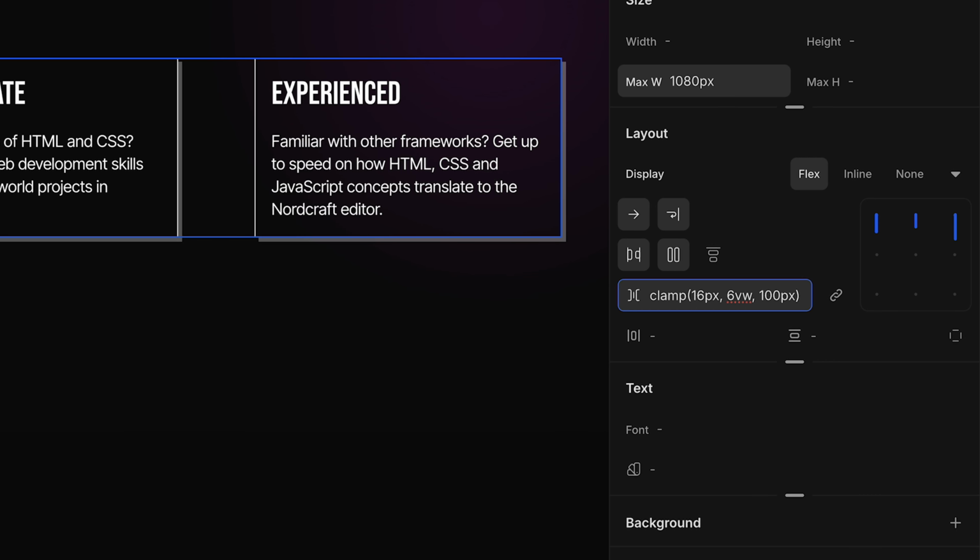Finish off with a closing bracket. This means the gap size will never become smaller than 16 pixels. It will try to scale relative to the viewport width using 6VW, and it will never become larger than 100